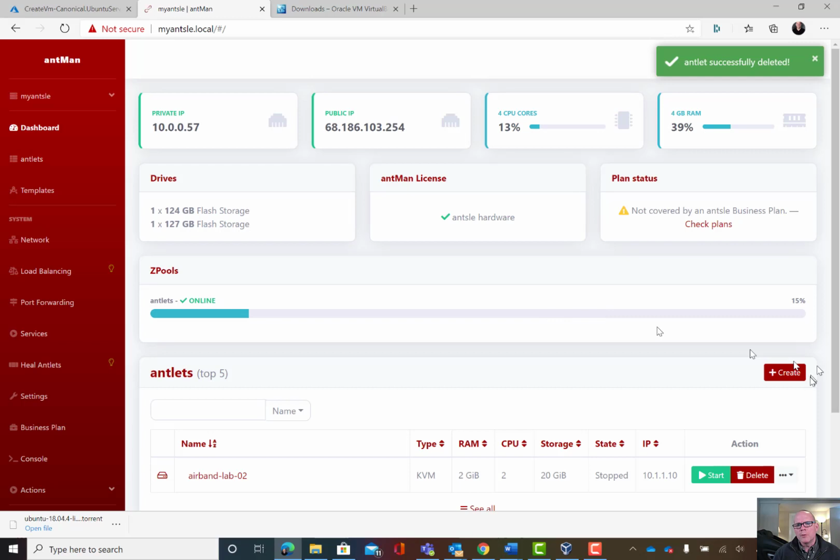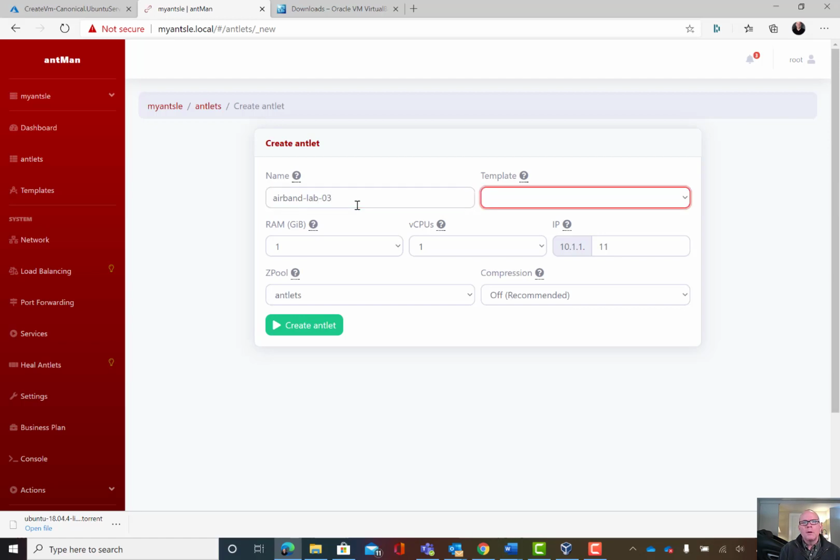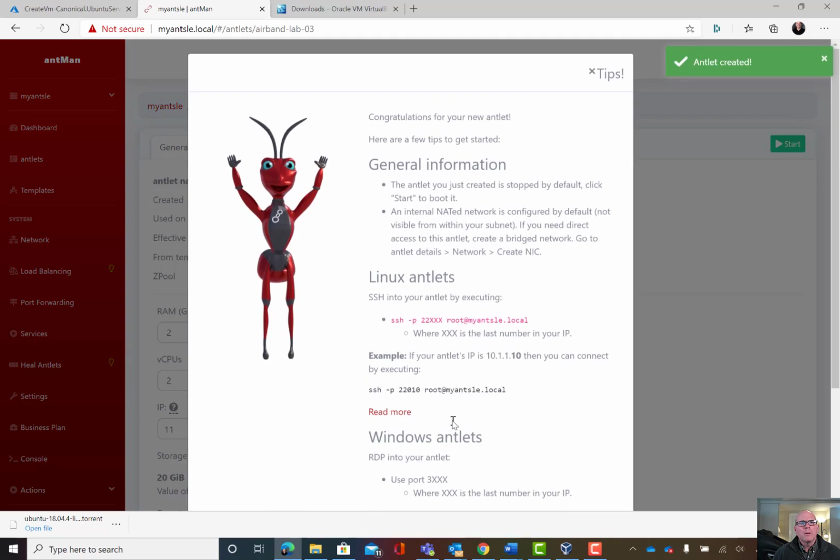This, by the way, only really hosts a couple little boxes, but it's very useful for testing. So airband lab 03, and the template here is going to be Ubuntu 18.4. I'm going to use the KVM version because I find it a little bit easier to manage. And we're going to go ahead and create the Antlet. And if you haven't seen these guys, I love Ant. They're a wonderful company out of San Diego, about 10 people trying to do good stuff for developers who